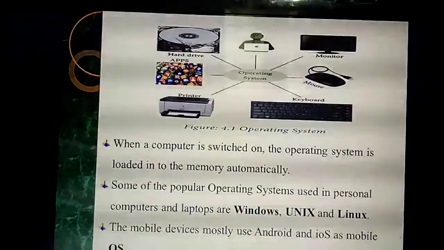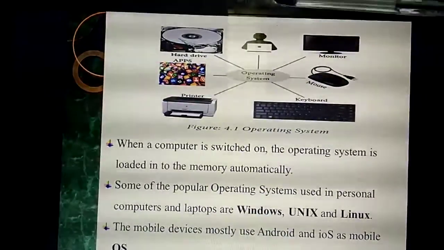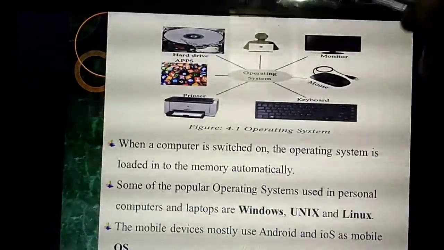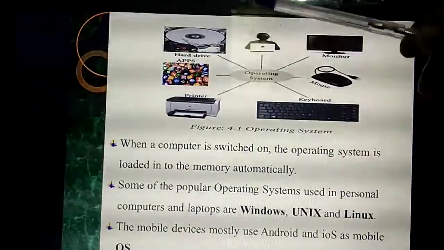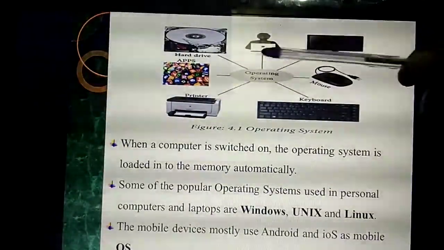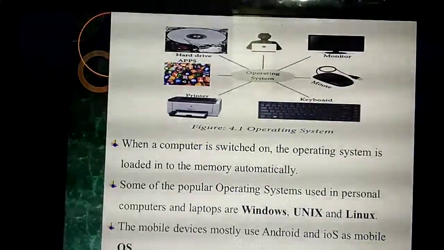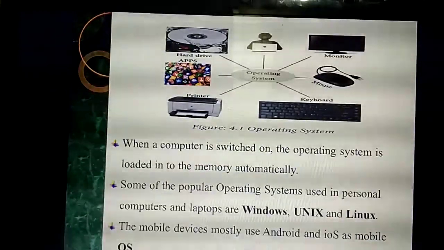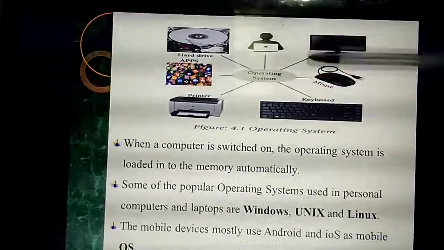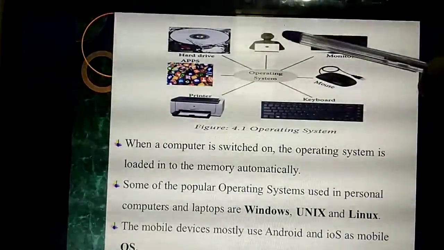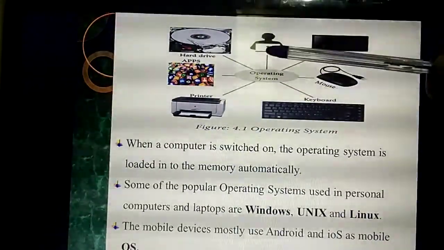Understand? So listen, whatever I have explained, they have given in one diagram. The same picture they have given in your book also. Listen, the particular user is using some laptop. Okay, in this laptop a particular operating system is installed. That operating system may be Windows XP, Windows 7, Windows 10, Unix or Linux, etc. Any one of the operating systems. Whatever operating system you have installed in this laptop, that particular operating system needs to control or manage.